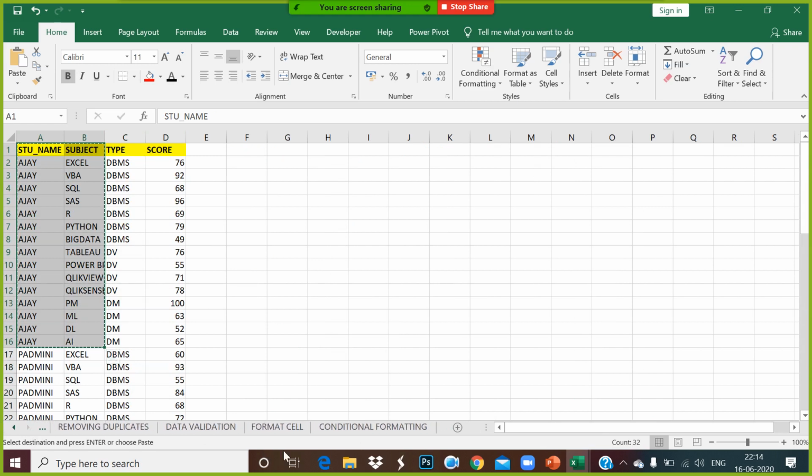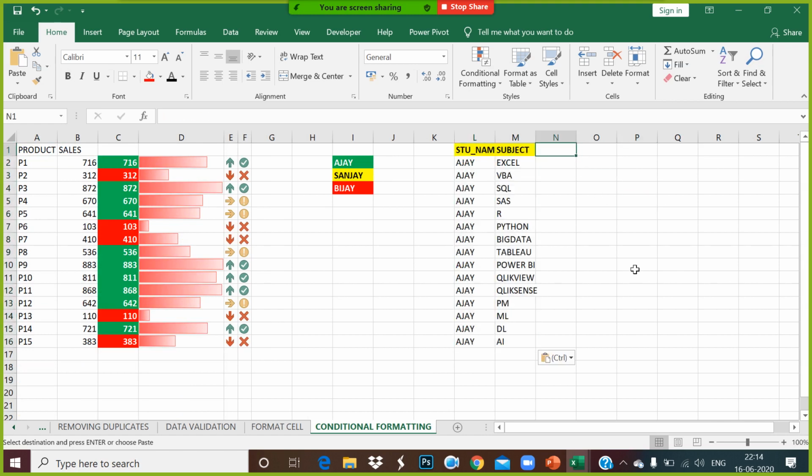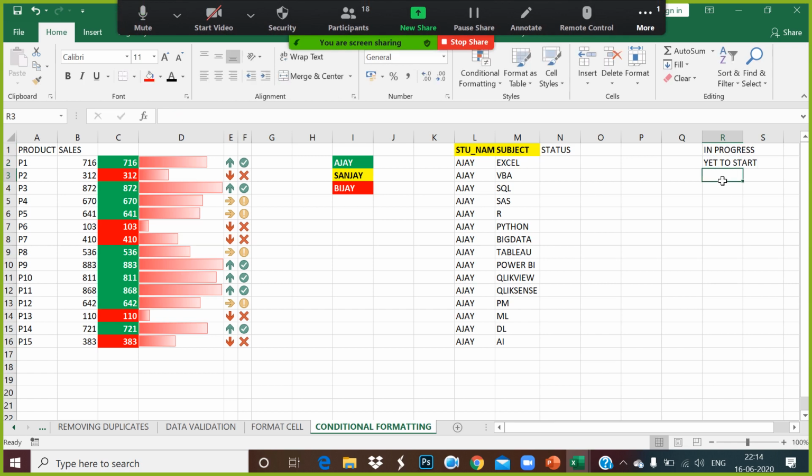So I applied this over here. This is the student ID and the status, whether they have completed this course or not. So I give a validation to this course. The validation is saying that I'm going to apply this validation as whether it is in progress, yet to start, or completed.